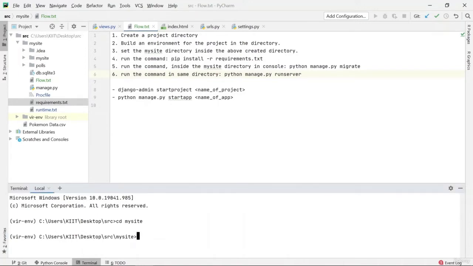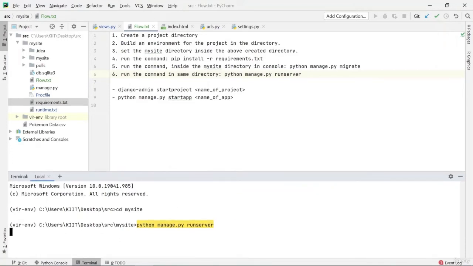Since I've already done my python manage.py migrate, I would simply show you what happens when you run python manage.py runserver. Python manage.py runserver. Once you do this, it takes a little time to load, and now it's setting up this Django project locally.